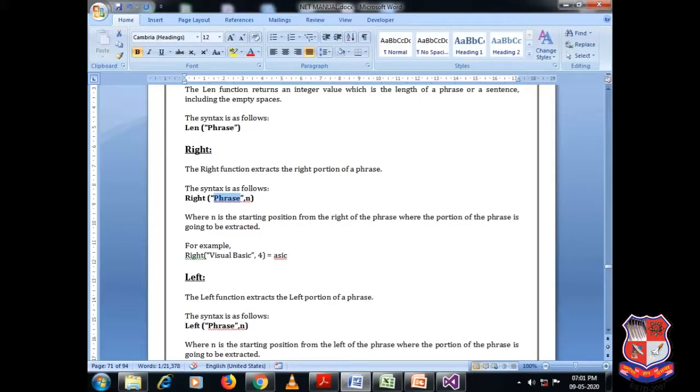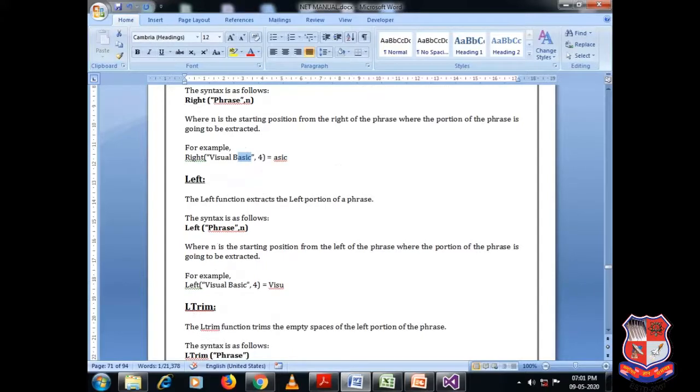For example, if I write Right Visual Basic, 4, as you can see, it will return me the last 4 characters because they are on the right hand side of the given string. So it returns me SASIC.